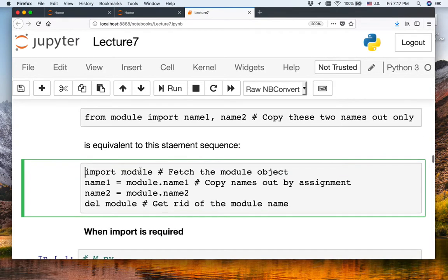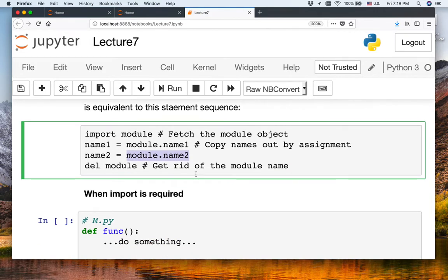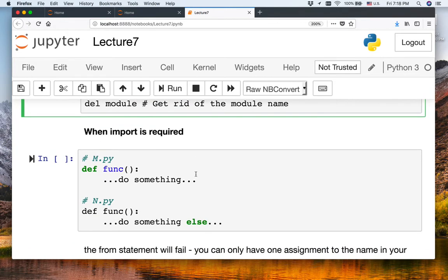So when you import the module, when you say module.name1, it understands the variable you are asking for, and module.name2 will give you the variable name2 in that module. Okay. So when import is required,